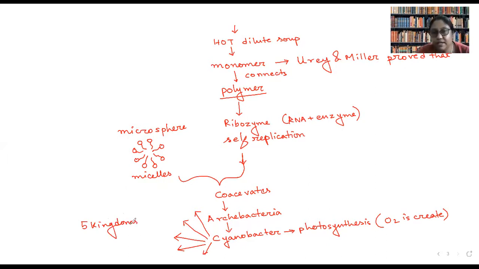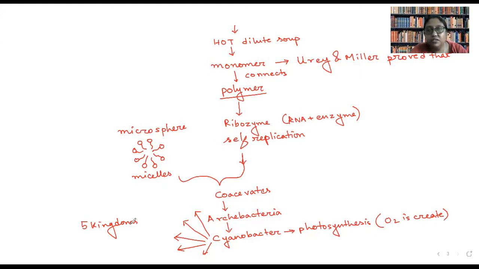This was a proposed idea. No direct proof is there, but so many indirect proofs are there, which I wish to share with you. At Miami University, there was a scientist called Sidney Fox. What he did was he tried to create a primitive earth environment. In that he took clay. Nowadays we talk a lot about activated charcoal and clay. They are very good cleansing agents. So at that time, at the seabed, there was presence of clay that acted as an excellent reaction medium where